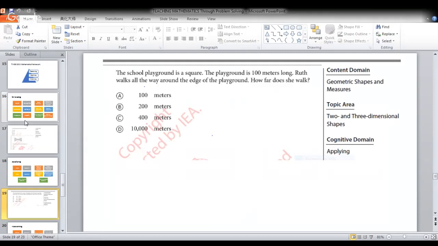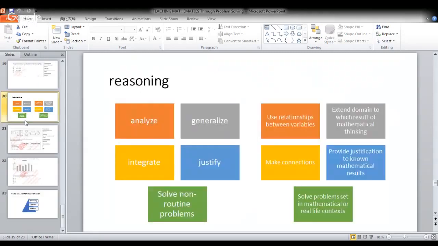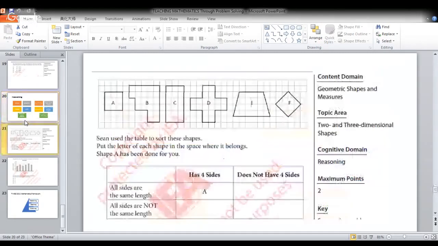That is for applying. I'll try to use these TEAMS items in teaching a certain content in your classroom if you are a teacher. Okay? But what I found is only elementary. For example, this is for reasoning, and as you could see,